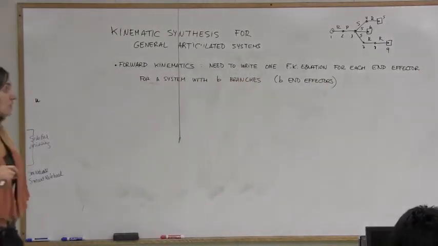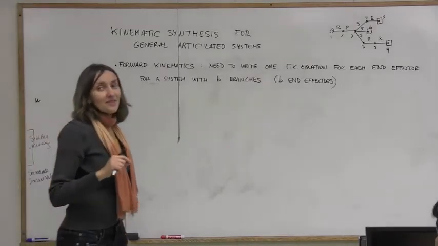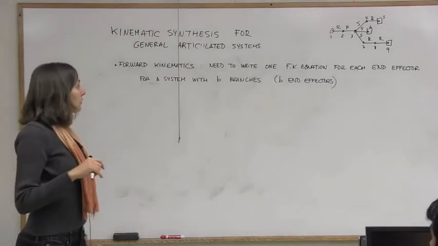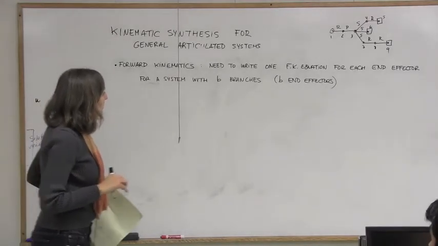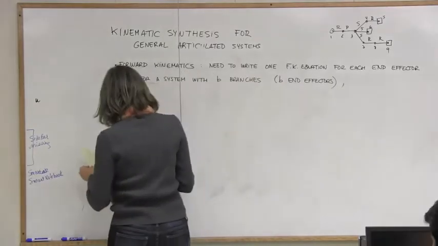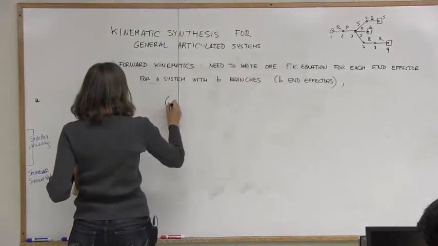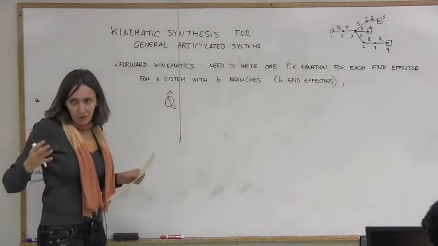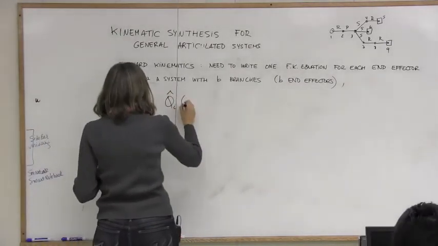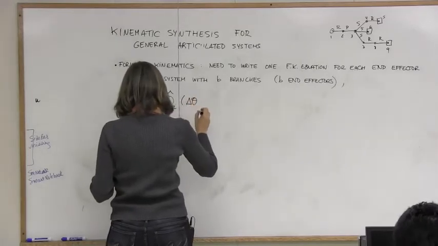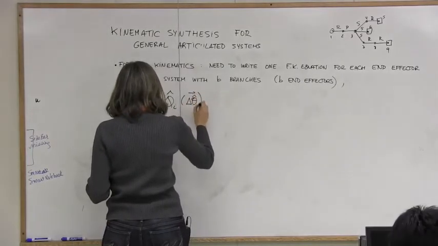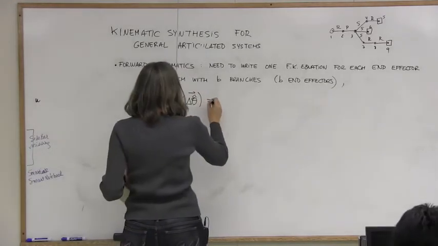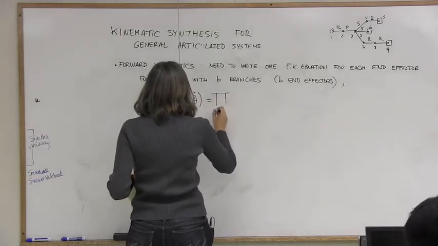Sorry, after we do the contraction and the reduction, we should have an end effector. We haven't talked about the reduction, but it's to eliminate the loops. So for a system with B branches, we can write these forward kinematics equations, and we will call that Q sub I hat, which means we are going to write them in dual quaternions, but it doesn't matter, of delta theta arrow, which means here we have all the joint variables, and that is going to be the product from